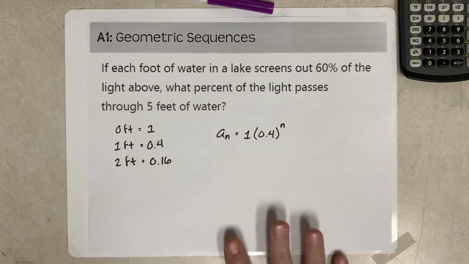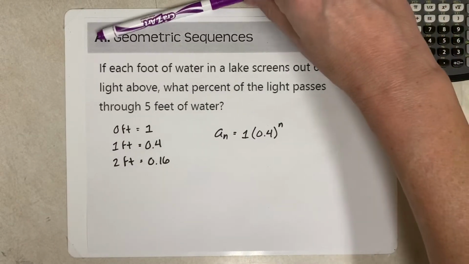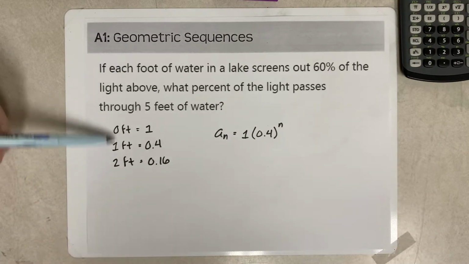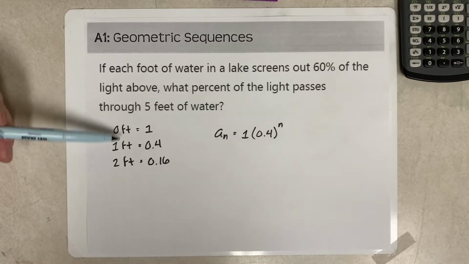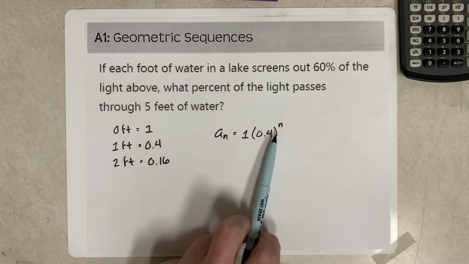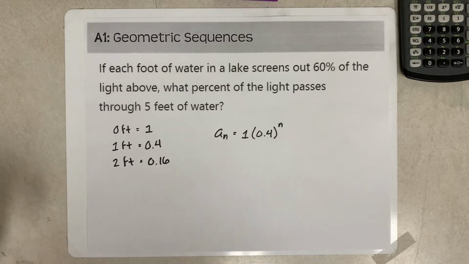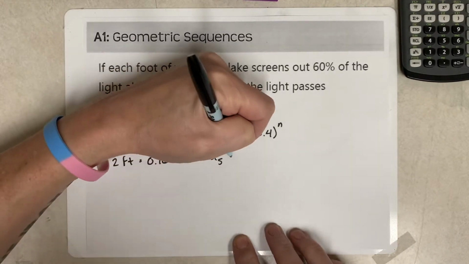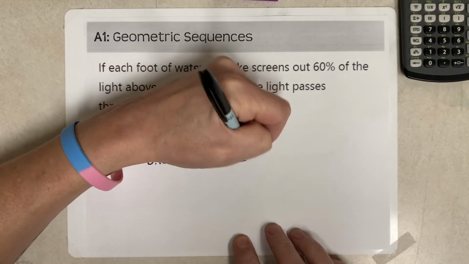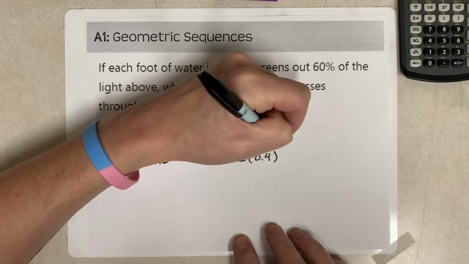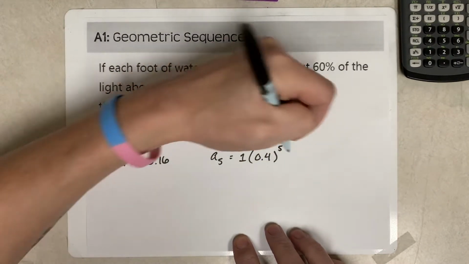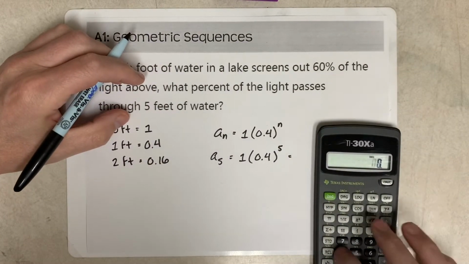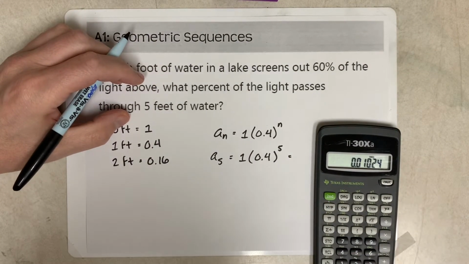So in some cases, you do, instead of n minus 1, you just put an n there. It depends on what your situation looks like, if you're starting at 0 or if you're starting at 1. This time we're starting at 0, so it's just going to be an n right there. So now if we want to calculate a sub 5, for 5 feet of water, we do basically 1 times 0.4 to the 5th power, and that's going to be equal to, and we could do that on here, 0.4 raised to the 5th power,